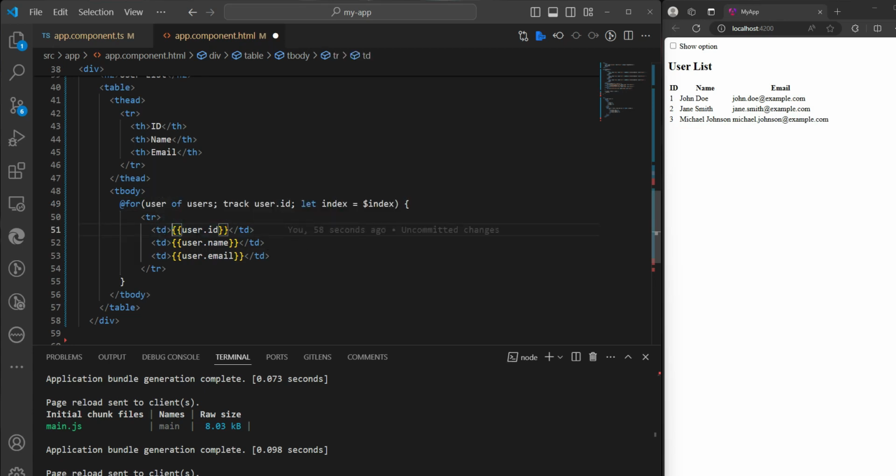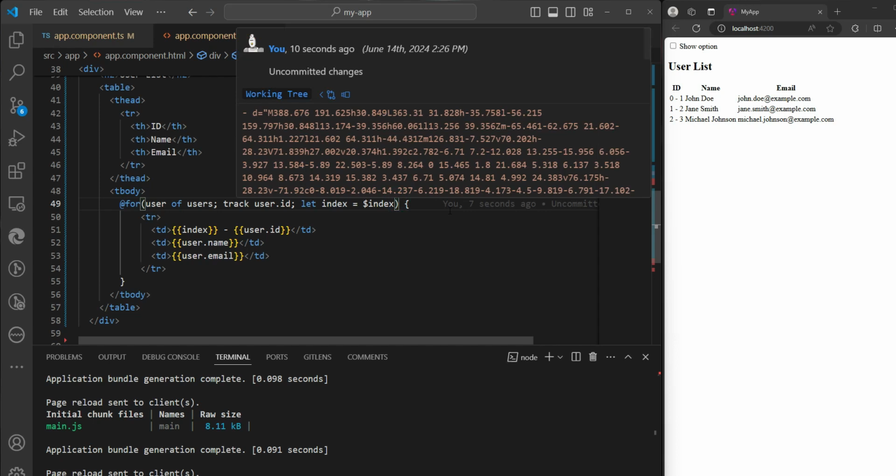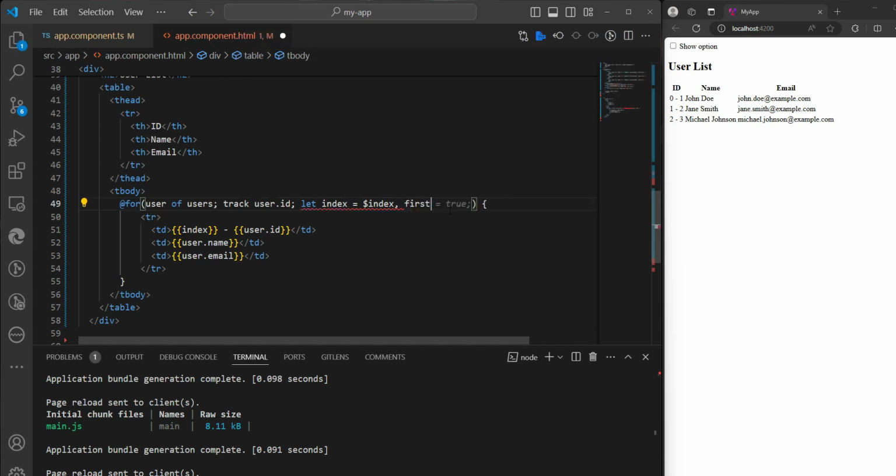Suppose I want to put it over here, the ID in front of IDs. I just want to say ID and index. So you'll see 0, 1, 2 over here. All the other variables are also still available. We just need to write the let keyword one time. Remember this, don't write let again. Just put a comma and simply write first equal to $first. Then, not a semicolon, we should write a comma again, and simply say last equal to $last, and odd equal